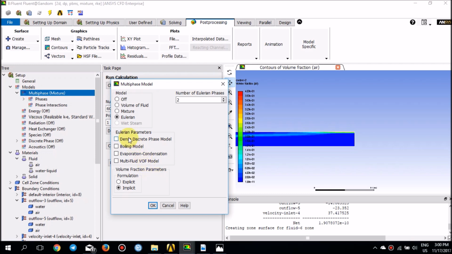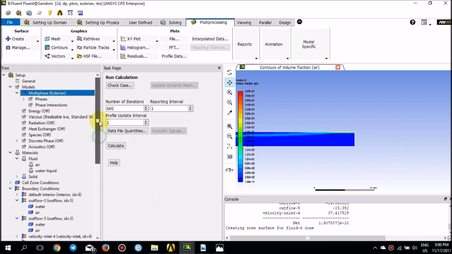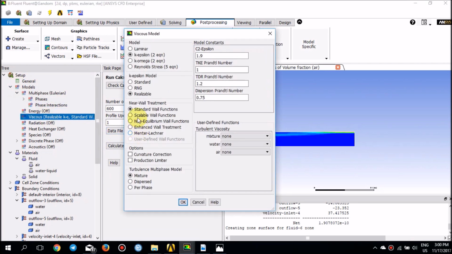I will not touch these Eulerian parameters because these are not valid here. I press OK, and then regarding the viscous model, it's the same k epsilon model realizable with the standard wall function, and I will not change the turbulence multiphase model from mixture to disperse because the dispersion is not that significant in this problem. So I press OK,